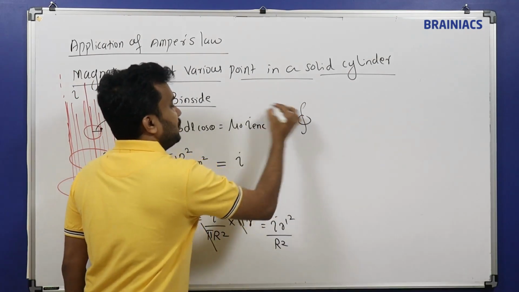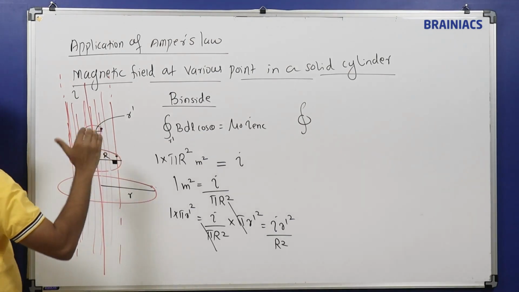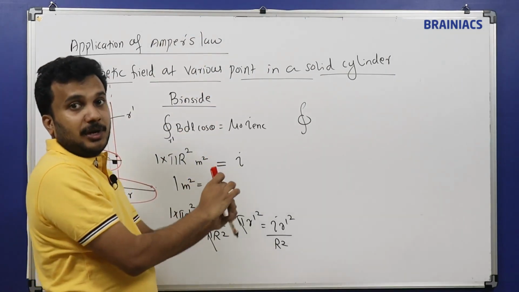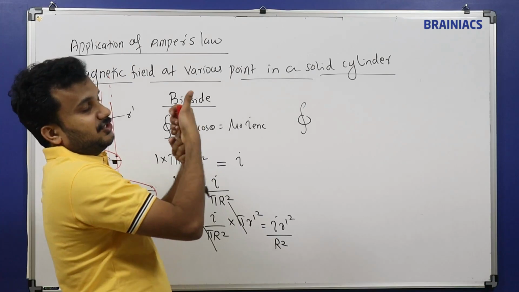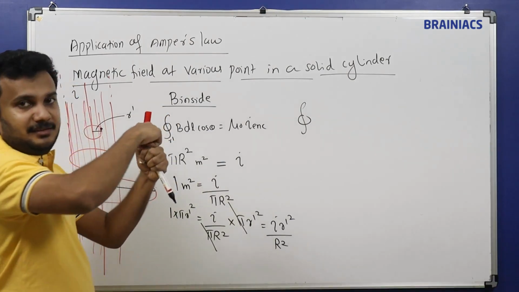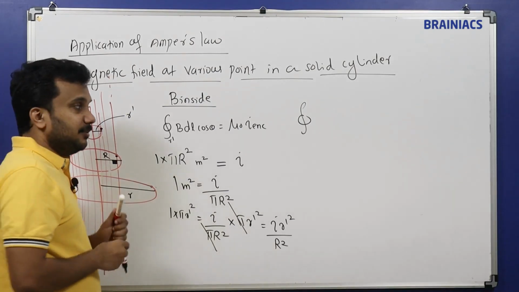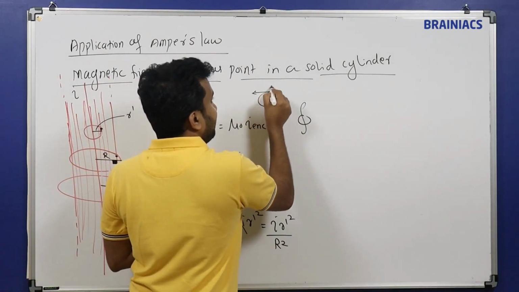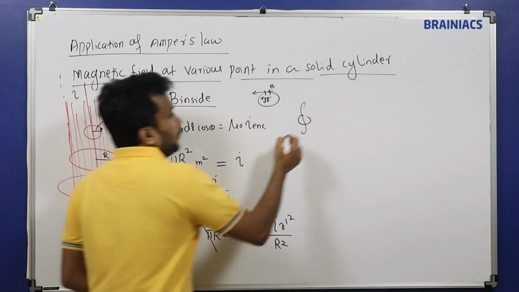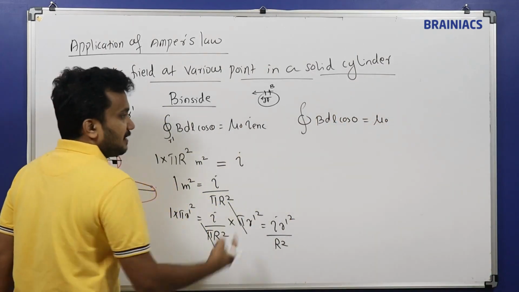Now we continue with the closed integral of B dot dl. The current is passing upward, so I hold my fingers around it; my fingers touch the surface tangentially, and the length element is also tangential, as I told before. What is the angle between B and dl? B is like this and dl is a small piece also like this, so the angle between B and dl is 0. So the integral of B dl cos 0 equals mu 0 times the enclosed current,